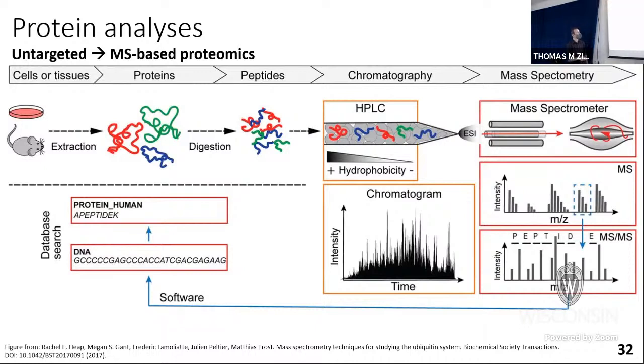These then get sprayed into the mass spectrometer, which, to simplify things, essentially looks at the size to charge ratio, or essentially just the size for this case, of those different fragments. You can then select specific fragments, or specific of these little pieces of proteins, hit them with high energy to break them into smaller pieces. And then if you break it into enough smaller pieces, you can actually get individual peptides, so individual amino acids that comprise each of these individual peptides.